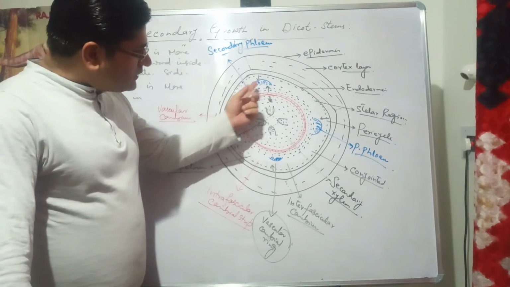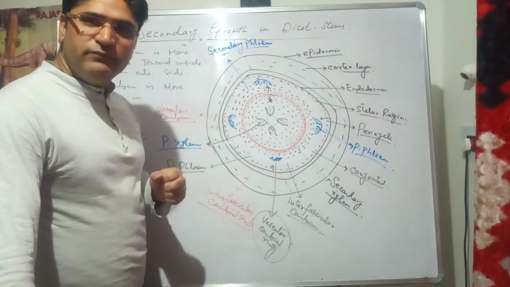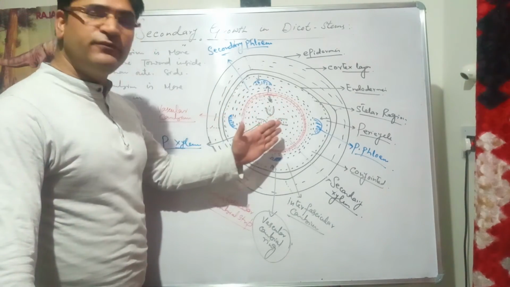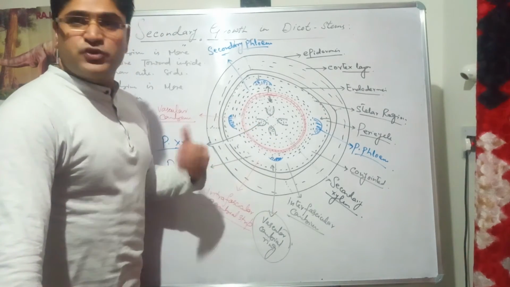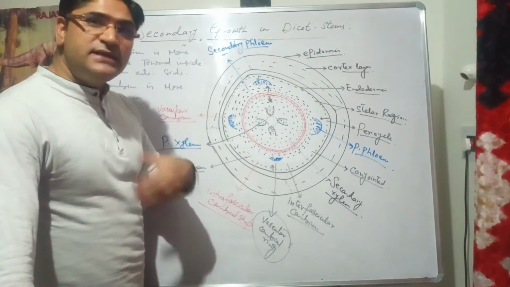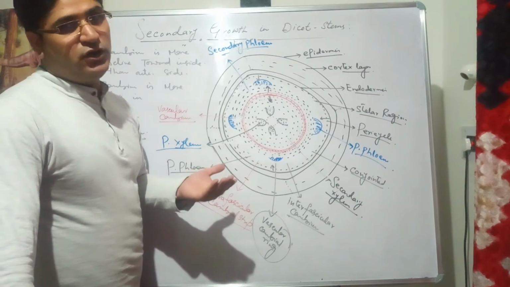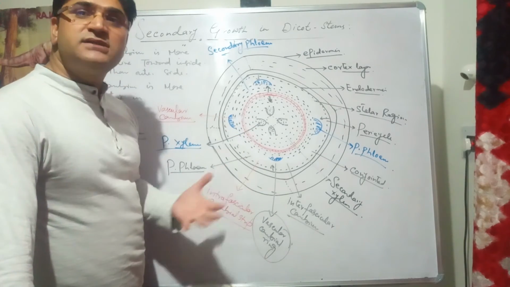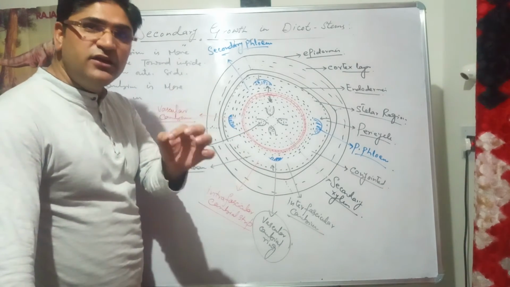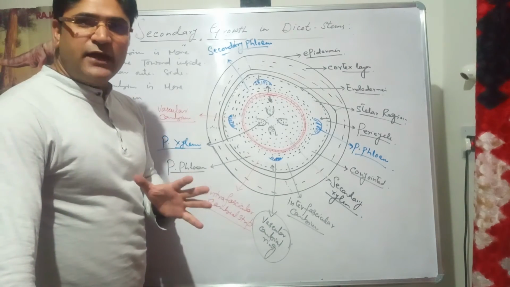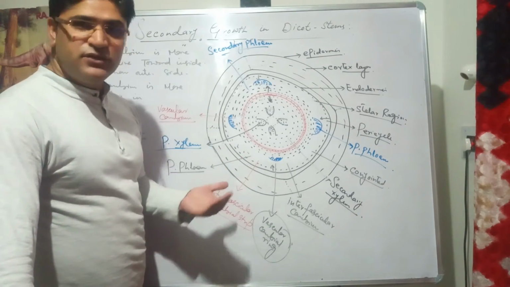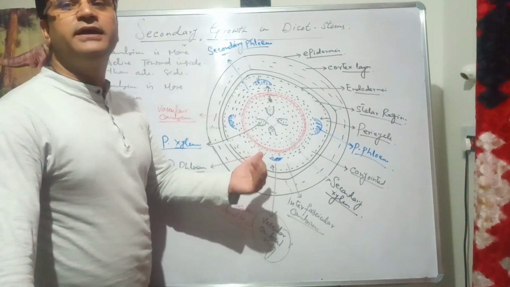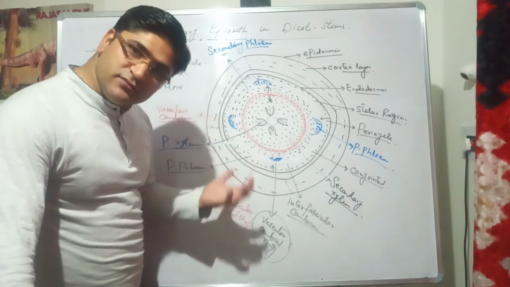And this wood, the secondary phloem as well as secondary xylem, this wood which is going to be formed in the autumn season. So in the autumn season, plants have less requirement of water, as in the autumn season there is less water also. So xylary elements like vessels and tracheids have a narrow lumen. So with the narrow lumen, transport is not that much, so obviously there is not much requirement, so less wood is going to be formed in the autumn season.